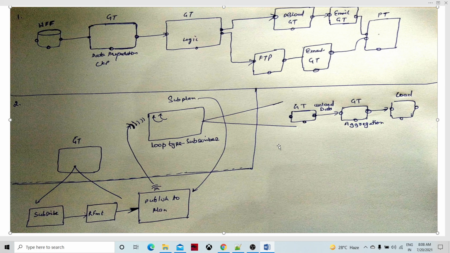We can construct the subplan, or probably we can create one parallel unit within the plan. So it's a kind of plan. Subplan is also a plan, which has all the properties of plans. Within a subplan we can construct another plan basically. I mean, we can create a different sequence of tasks within that subplan.